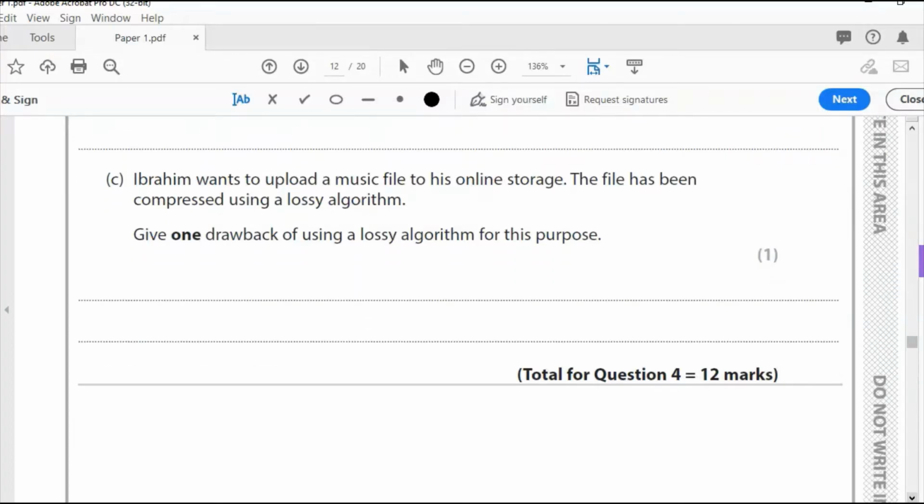Ibrahim wants to upload a music file to his online storage. The file has been compressed using a lossy algorithm. Give one drawback of using a lossy algorithm for this purpose. Lossy, as opposed to lossless, means it loses some quality on compression. Also means that you cannot get the original back unless you've made a copy of it after compression. So I'm going to write for my answer that the quality will be lower, as some detail is lost on compression, and that completes question